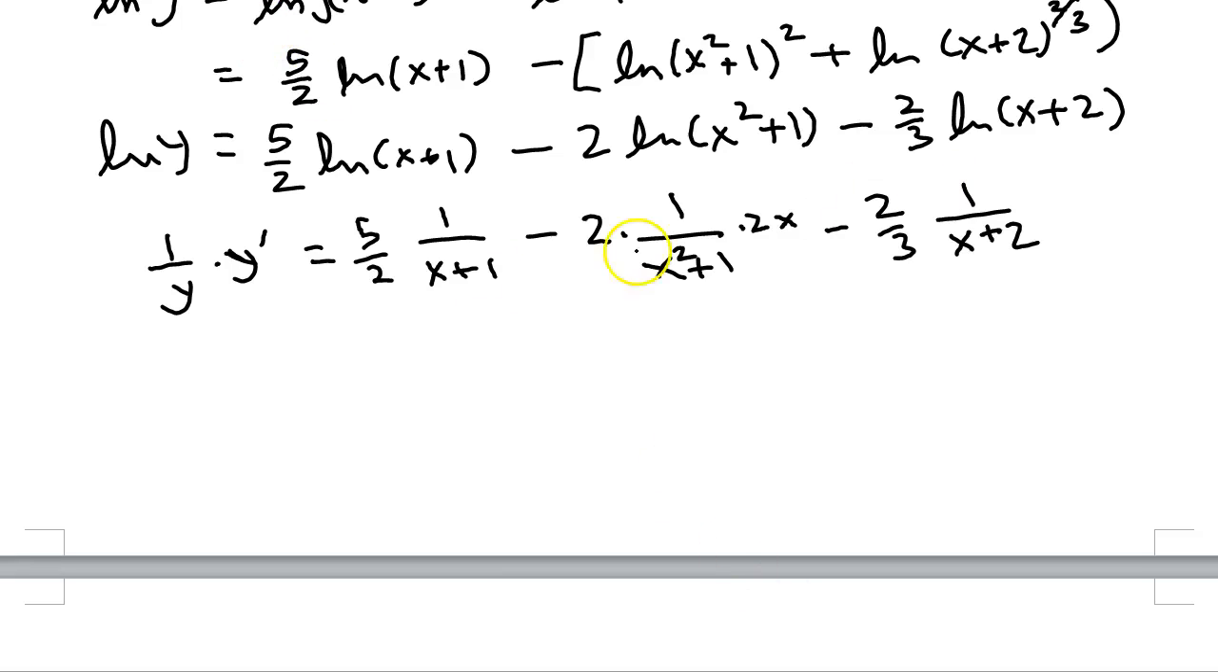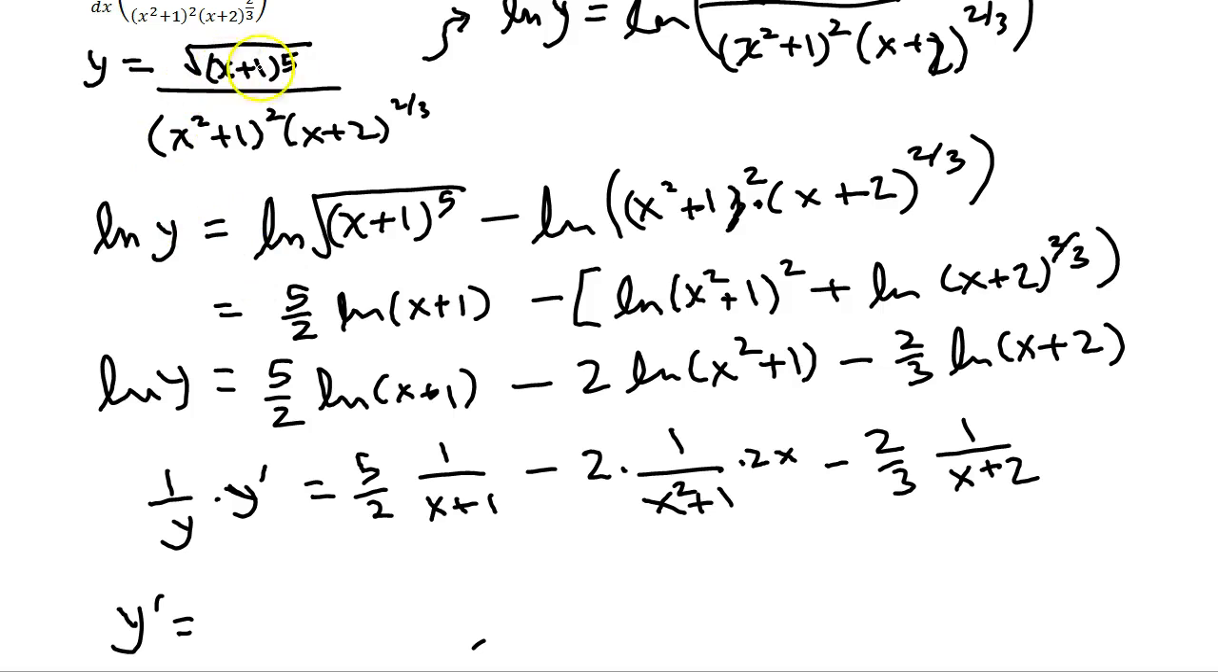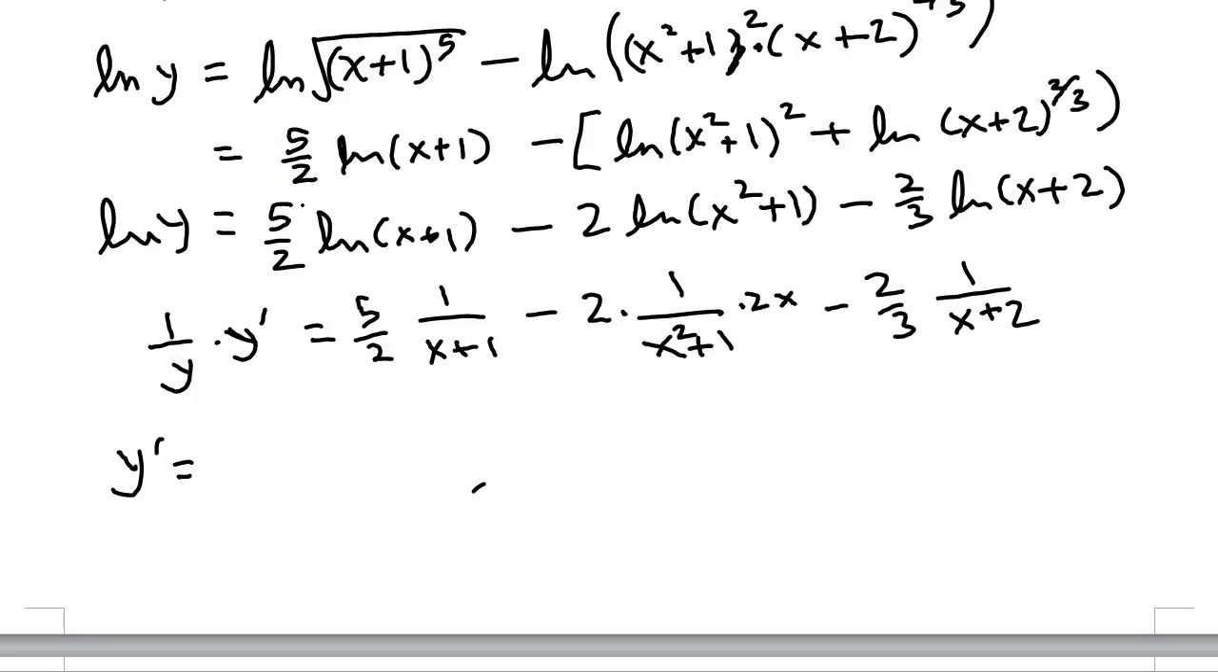We need to multiply the y to the other side. And the thing is, y is something that we introduced. So we can't leave that in the final answer. So we have to go back and see what y was. Y is this horrible thing, right? So I should be rewriting that y here. So if I multiply y to the other side, it's a square root of (x plus 1) to the 5th power